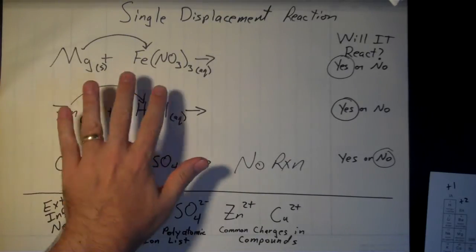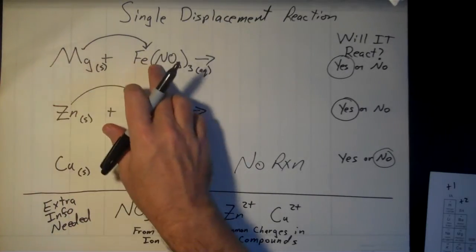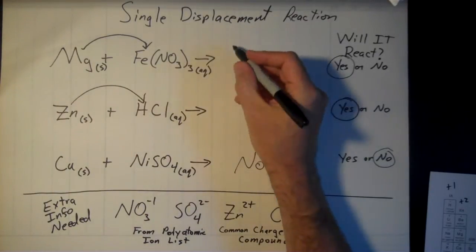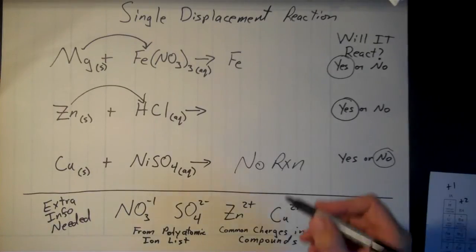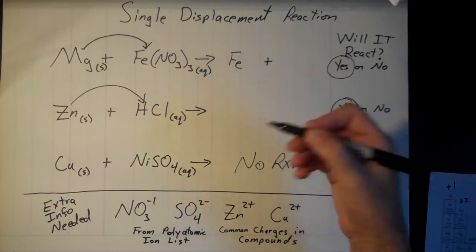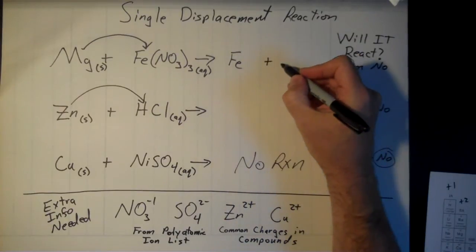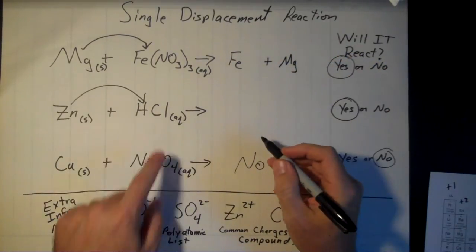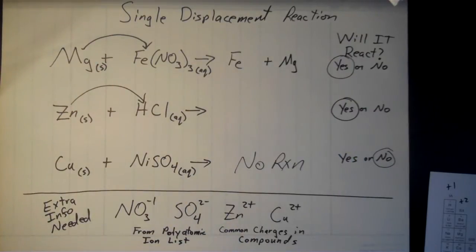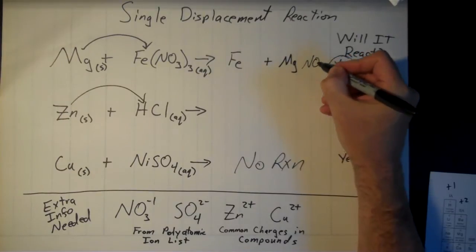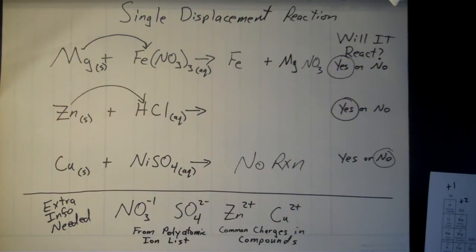All right, so what we want to do now is complete these. So the magnesium, as I said for the first one, is going to kick out the iron. So what that means is iron ends up by itself. So we just write Fe there, and we always want to, kind of like we did in some other systems, bring one of each atom over to the product side first, unless it's a diatomic substance. And so then we're going to bring over one magnesium, and now the nitrate ion is going to be with the magnesium. Remember, the magnesium is kicking the iron out. That's why I've got the iron by itself there. And so that's going to give me an NO3 for the nitrate ion now with the magnesium.